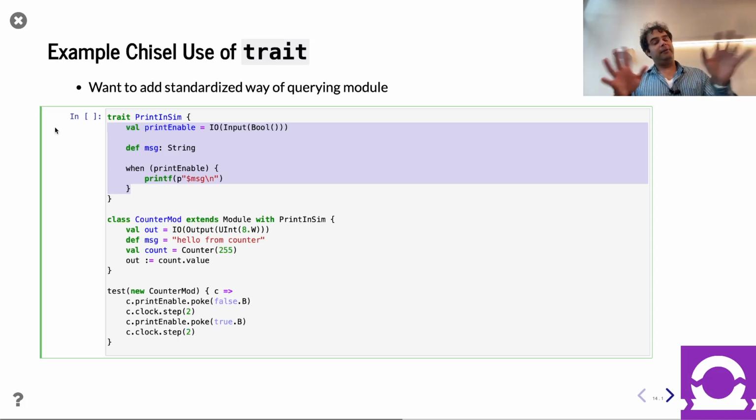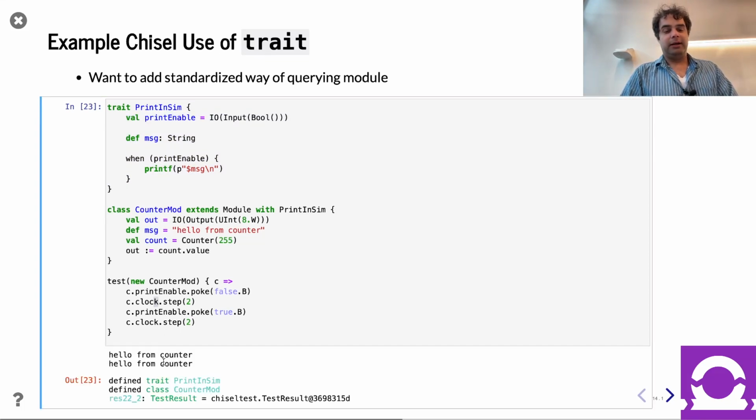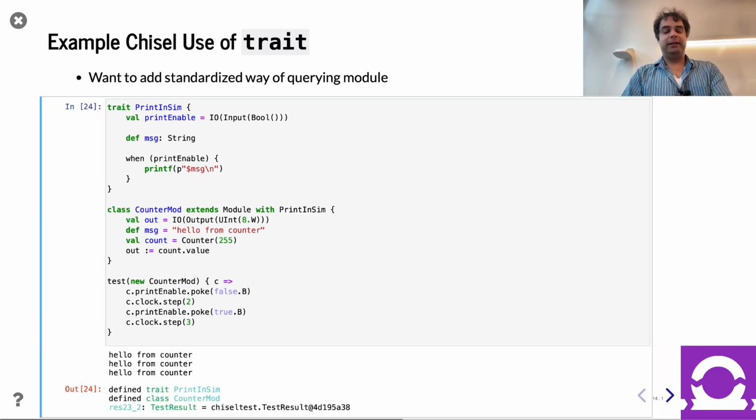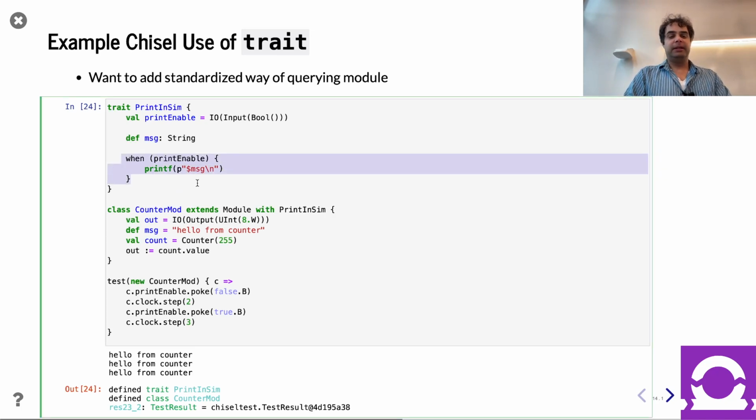And so there's a little bit of human judgment here about how you encapsulate things in which ways, but you can still see it, right? So okay, this thing's going to work. If we have the print enable on, or in this case off, we won't see it, but if we turn it on, we can see it. And so the kind of proof this is actually running, yeah, that's the one actually running 3 steps, right? So you see, we can turn this counter on or off. And this print string is coming, of course, from this when,